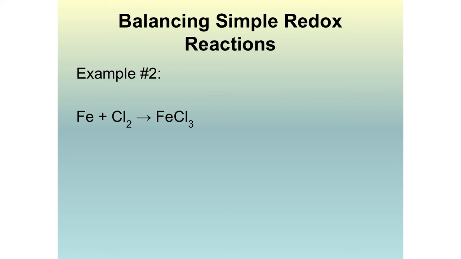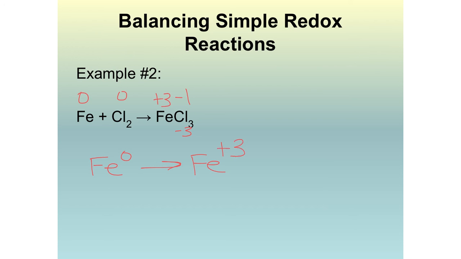Now I am certain that you can look at this one and balance that in your head probably almost instantaneously, but we are going to do this based on the half reactions just to get a little practice. So first thing we have to do is identify oxidation state. So iron's going to be 0 because it's by itself. Chlorine. So then that means iron is going to have to be plus 3 in order to get to 0. So then my 2 half reactions are going to be for iron